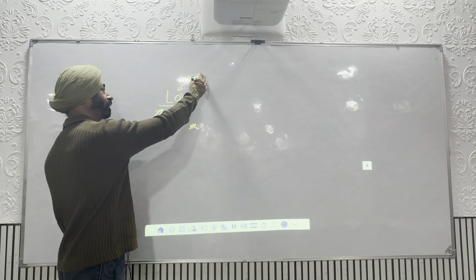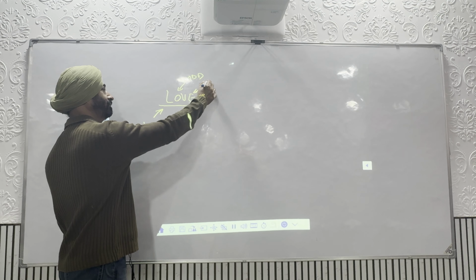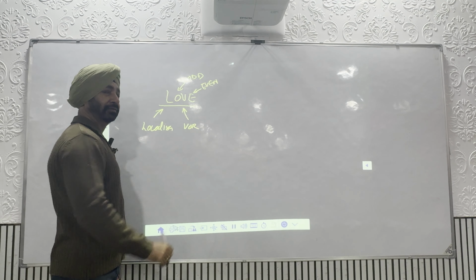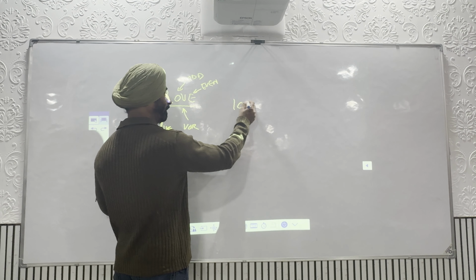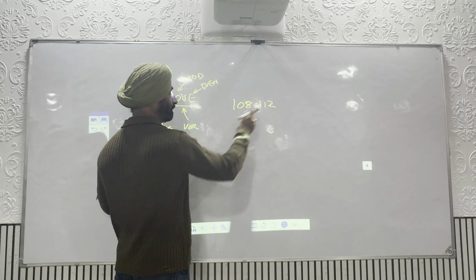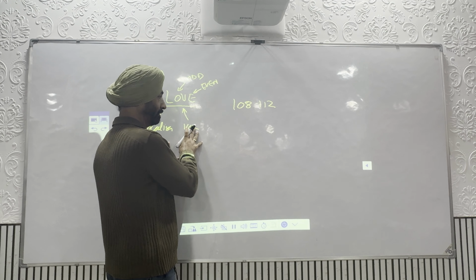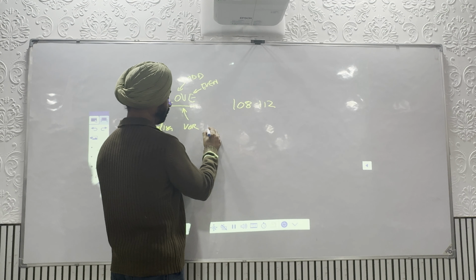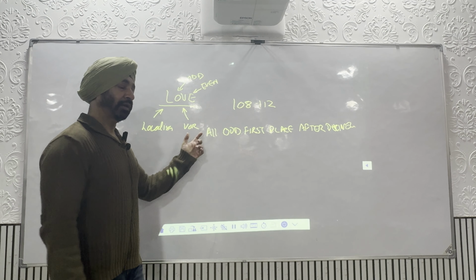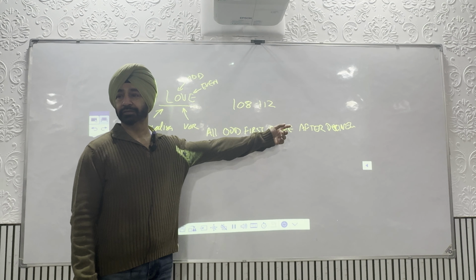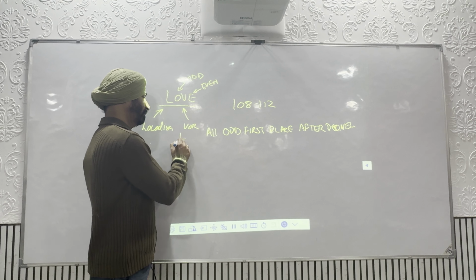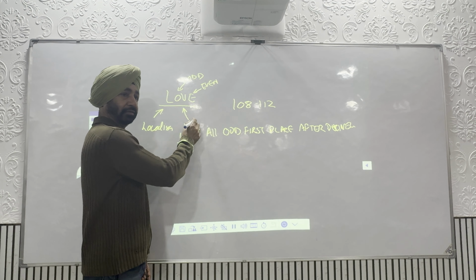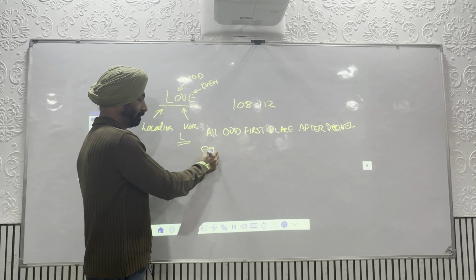O is odd, E is even. Now what is the meaning of this? We have seen from 108 to 112, it is shared like this. All odd first place after decimal, therefore localizer means, for example, all those frequencies